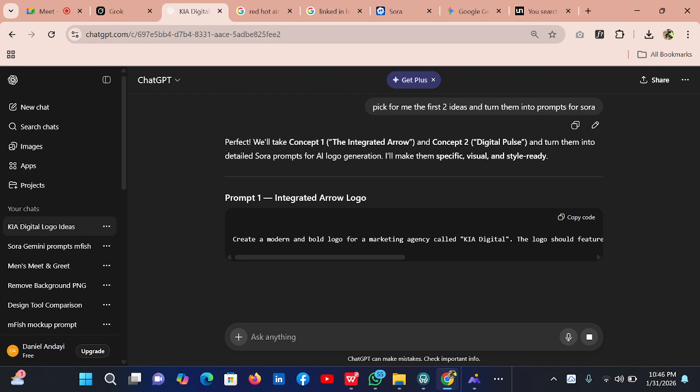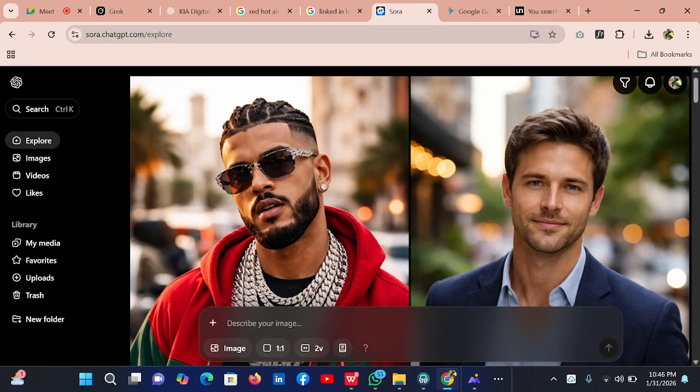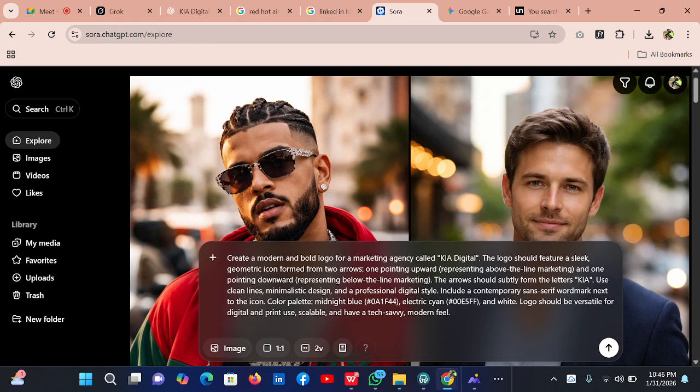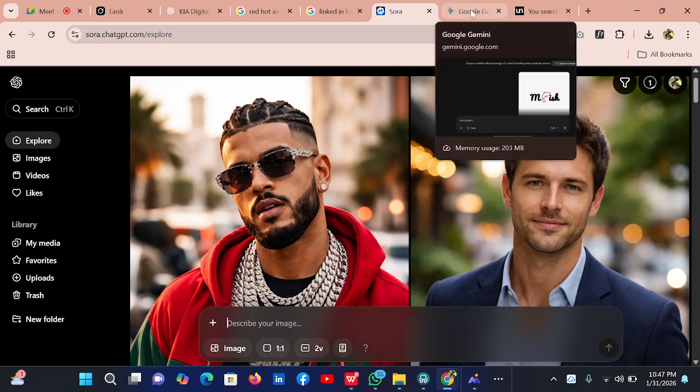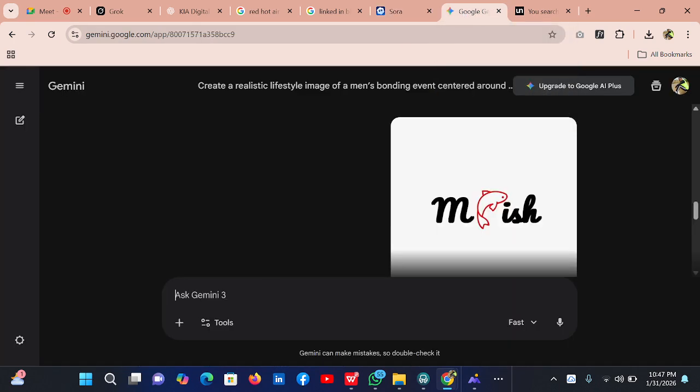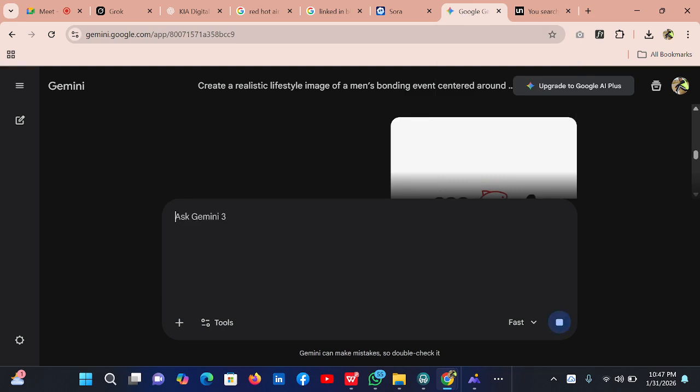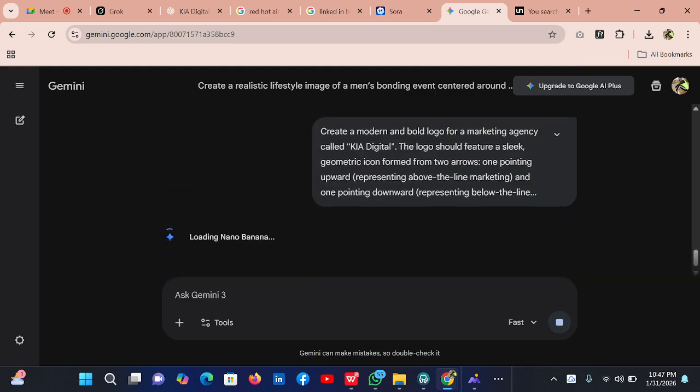Okay, it can turn it into prompts for Sora. I can also use ChatGPT to do the same thing. So let me copy the code, take it to Sora. Let me see what Sora will give us here. Let me also see what Gemini can give us here with the same prompt.